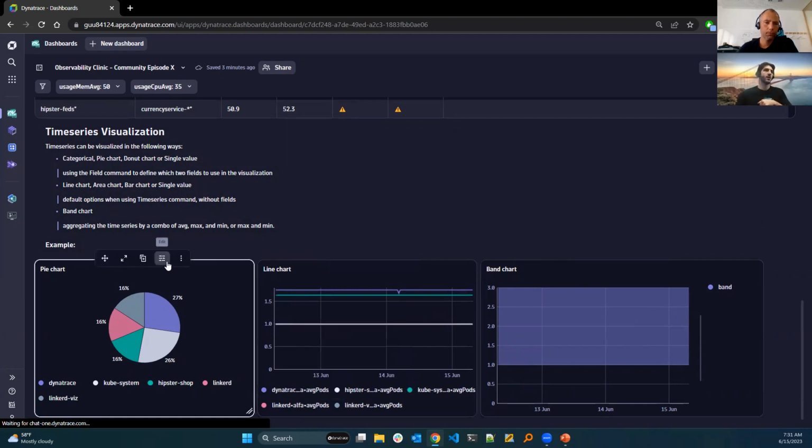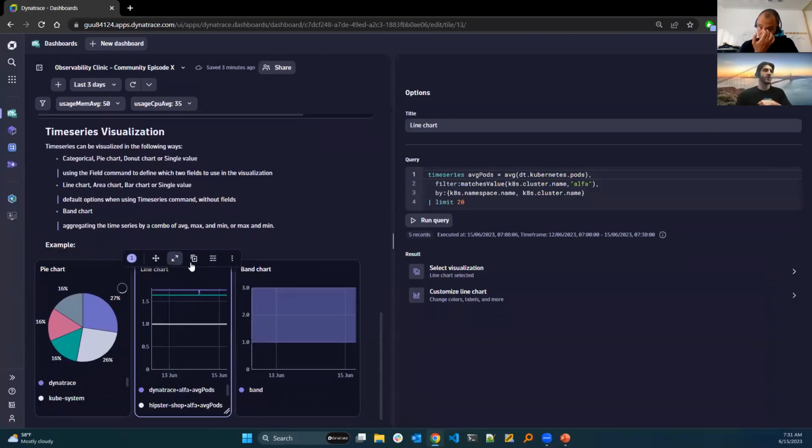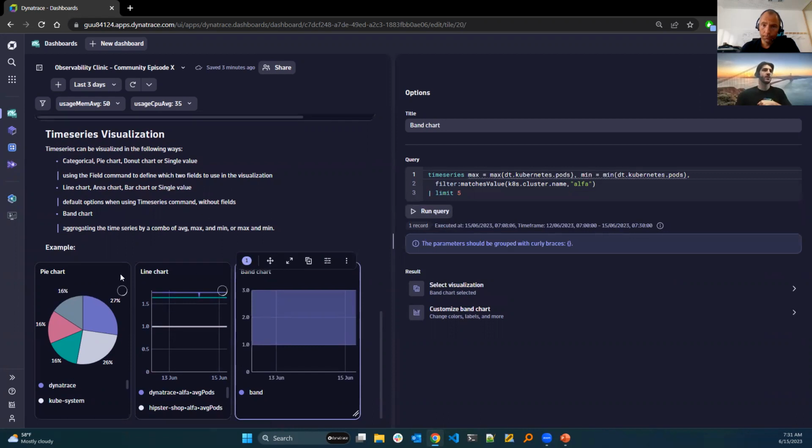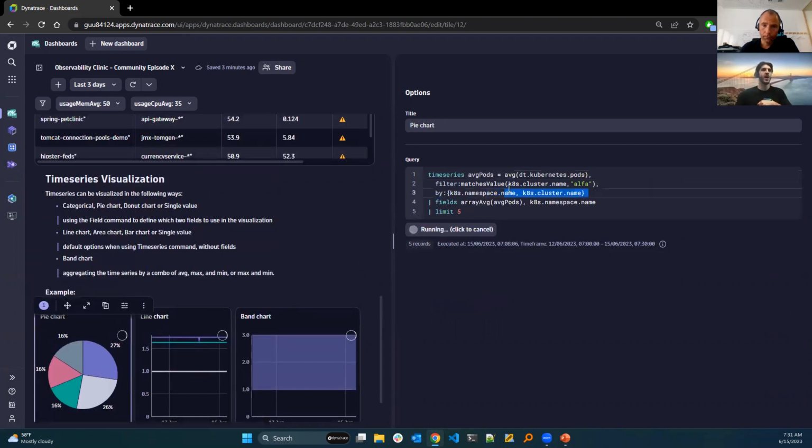Again, what's different between these queries is, the first one, here we have a field command. This is saying I want these two fields and then visualize them in one of those options, right? We have the average number of pods per namespace, and then this is going to visualize those two properties, right? When you think about a pie chart or a graphical bar chart, it's not going to be multiple fields. It's always going to be two fields, one being the actual value and then one being the dimension that you're